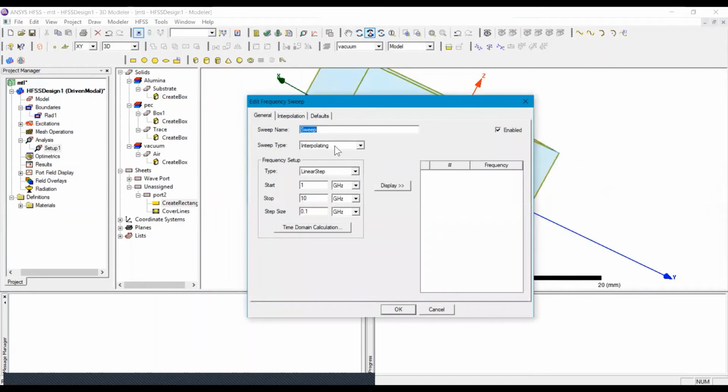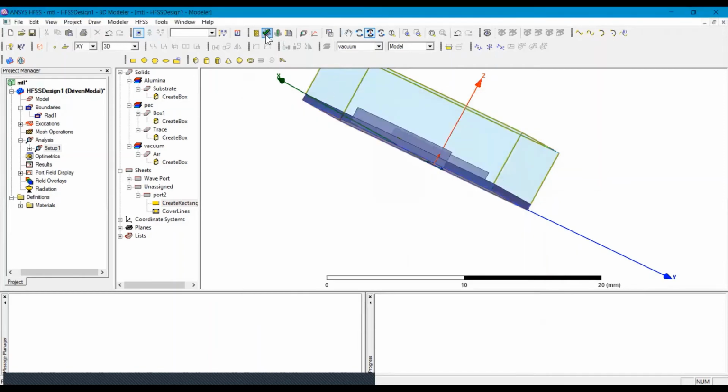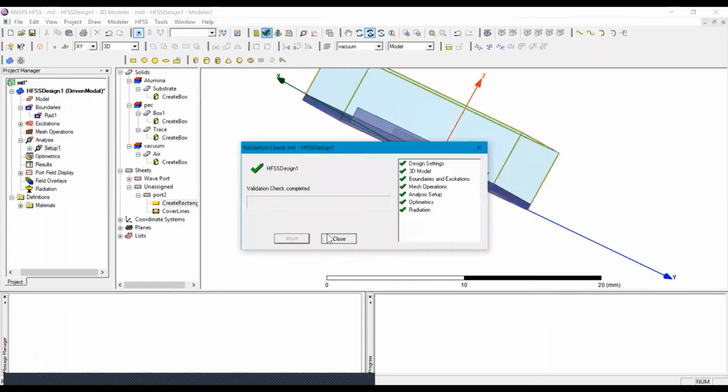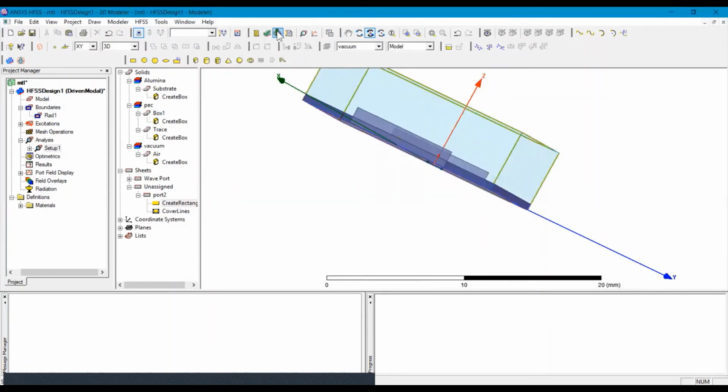In the frequency sweep, the sweep type will be interpolating and it will be linear count, and we will start from 0.1 gigahertz to 50 gigahertz, and the number of counts is 81. Then OK. Then we will check the validation, and then we will run Analyze All.